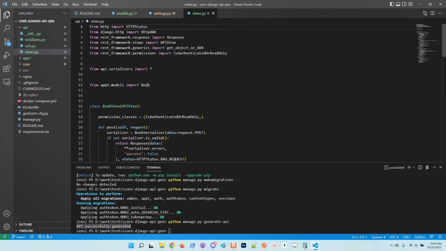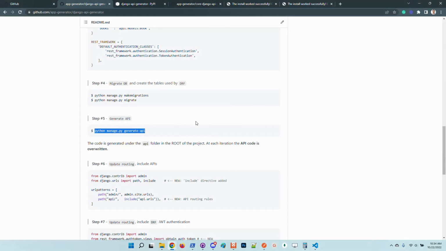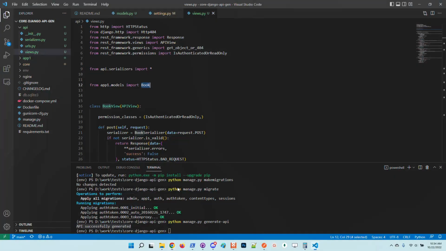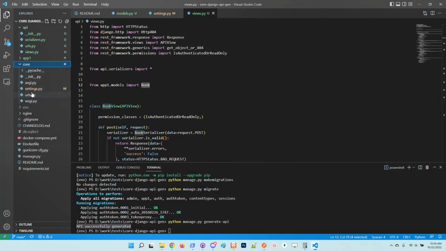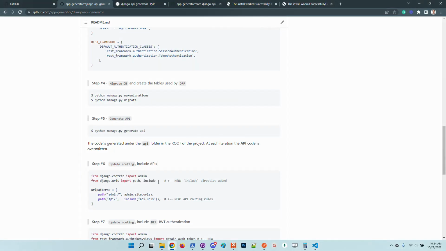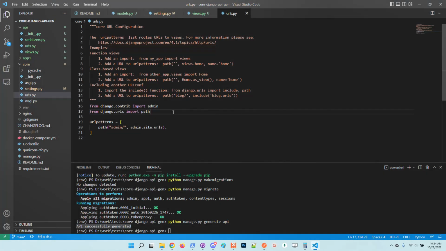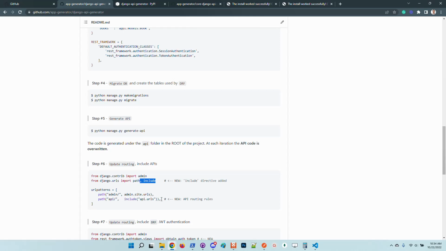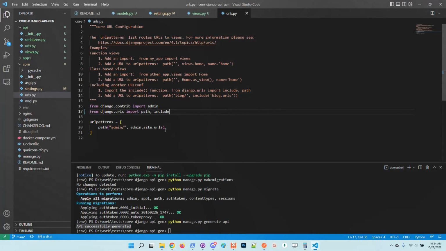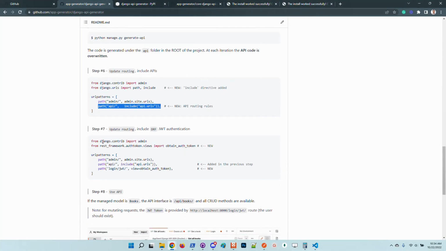which is related, of course, to the book model. That's pretty cool. Now we have the code. The next step is to update the routes of the project, because the API routes should be included also. So I will go to the routing file and copy this directive, add the API route,